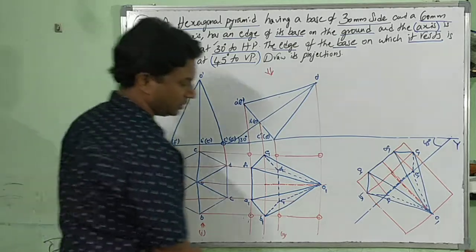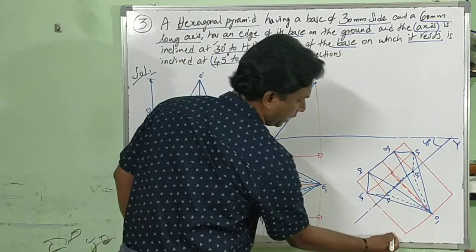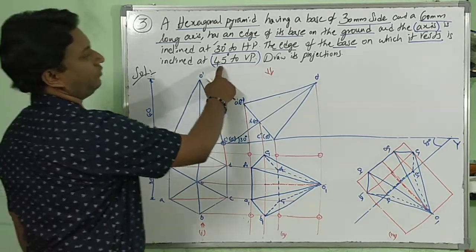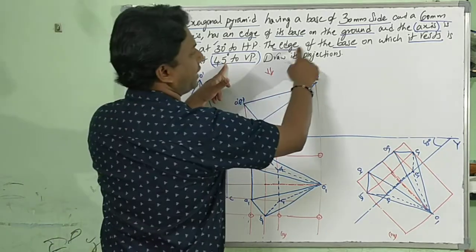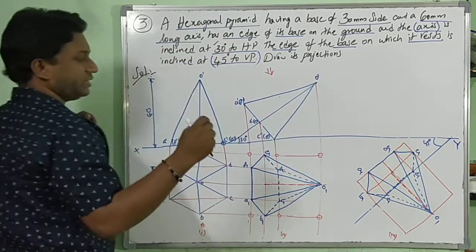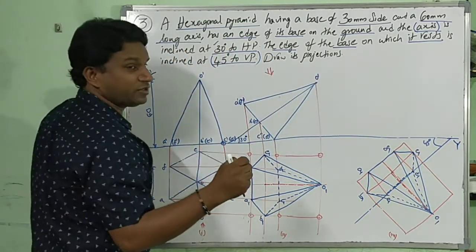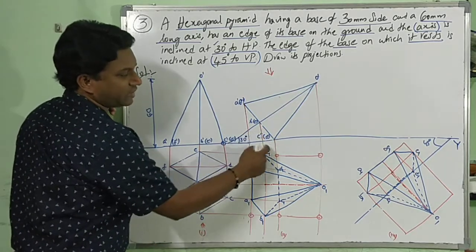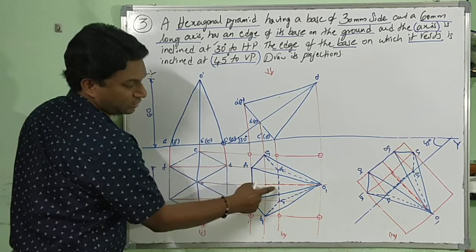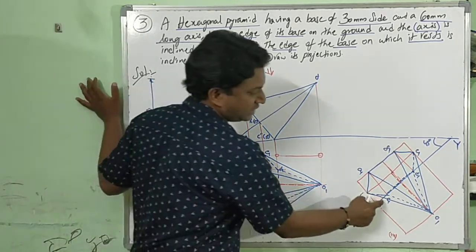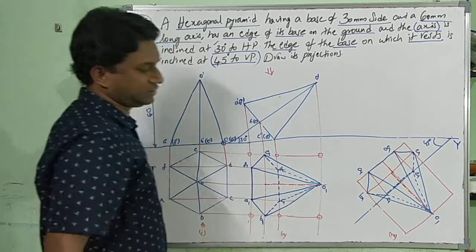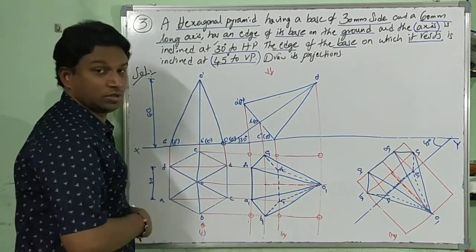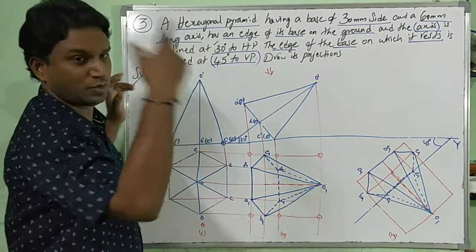Second stage, nothing but from the second stage top view, we have turned and drawn the third stage top view, satisfying the condition 45 degrees to VP. What? The edge of the base on which it rests. Which is the edge of the base which is resting on the ground? See, here you can observe the edge of the base resting on the ground is C dash D dash. Top view C1 D1. Now this C1 D1 is at an angle of 45 degrees. With respect to one line, you have to rotate all that 45 degrees. Right? Now from here, as usual, project its front view.